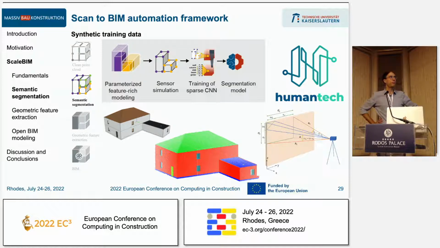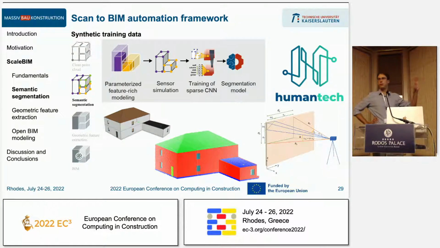We developed a method to get buildings, or BIMs, that slightly differ in terms of configuration, number of elements, length, width, etc. Then, using sensor simulation toolkits, you can acquire pretty realistic data, like you would, for instance, have from a terrestrial LiDAR scanner, and then you put this data into a training pipeline and get your segmentation model.